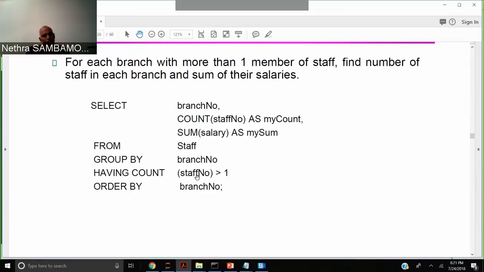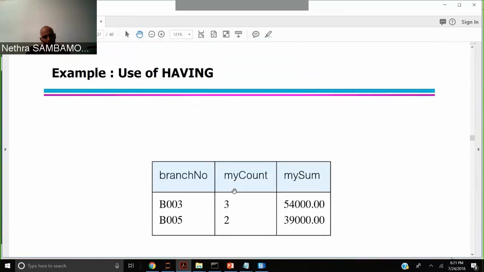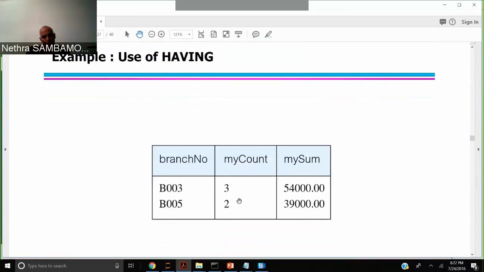Having count of staff number greater than 1. So select branch number, count of staff number as my count, sum of salary as my sum, from table staff, group by branch number, having count greater than 1. So I'm not bringing as part of this report the branch that has only one member. That's exactly what it is, having count greater than 1. We saw before there was one branch which had one count, so that is dropped